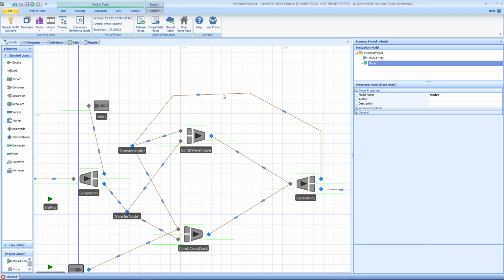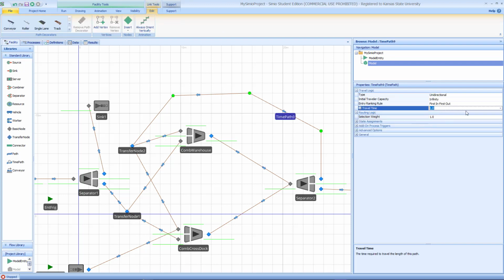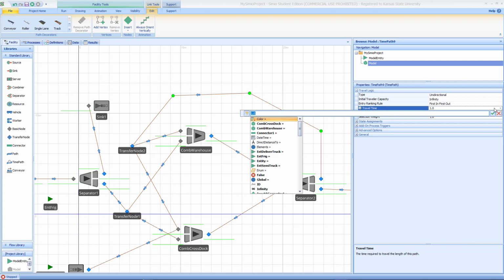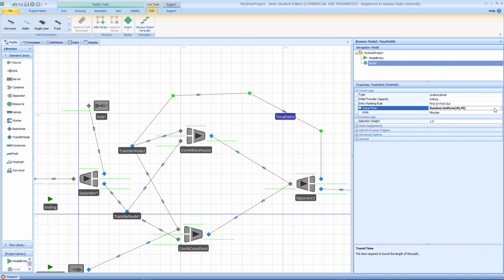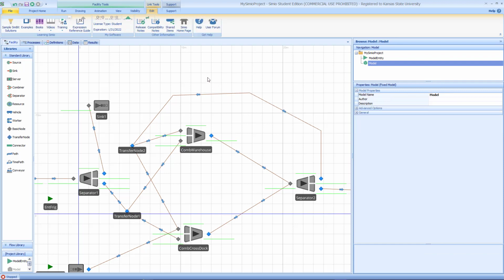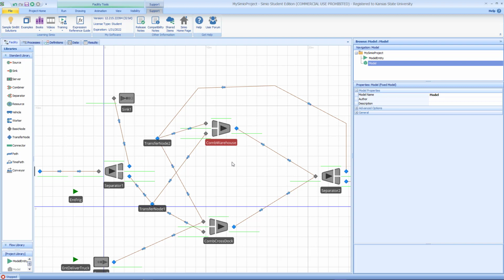Okay. And since this is a time path, you probably found in the homework assignments, you can easily figure it out. This is what travel time is. Random, distributed, uniform, between 40 to 70 minutes. Make sense? I do the easy part first. I'm not in a hurry on anything. So over here,